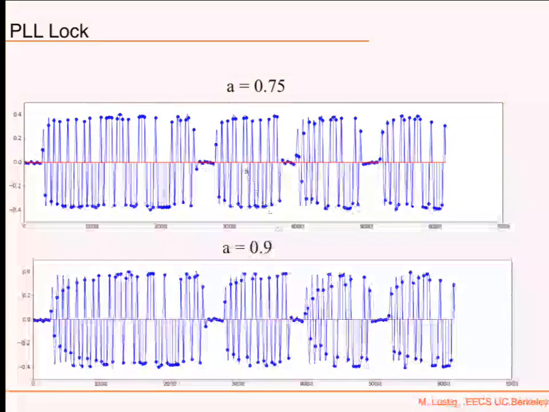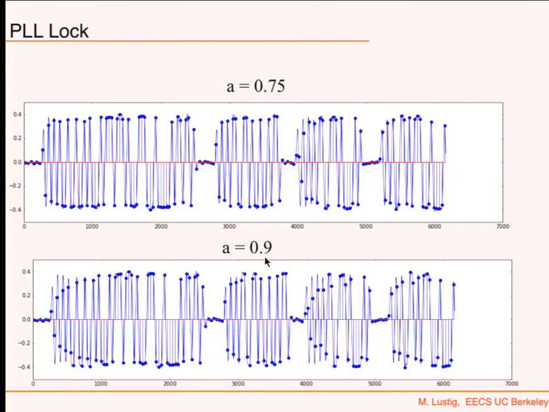Now what you're going to do is see how it locks. If you pick A equals 0.75, and these are packets that start randomly, then you see that first it doesn't sample at the peak, but then it locks, and then keeps on sampling at the peaks. Then a new packet comes in, and it takes time. This one was pretty quick. This one takes a little bit longer, because of the timing. But eventually, after 5 bits, it locks, and so on. If you pick A equals 0.9, so now you don't nudge it so much, it will take more time to lock.